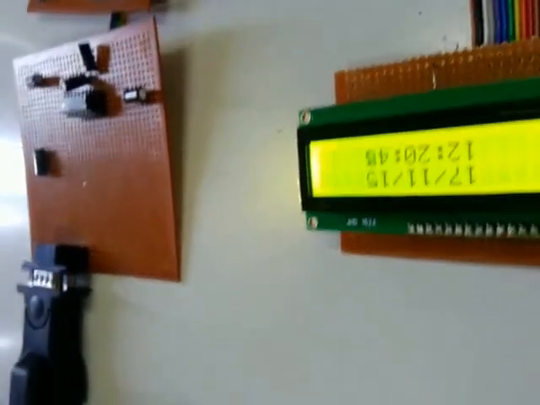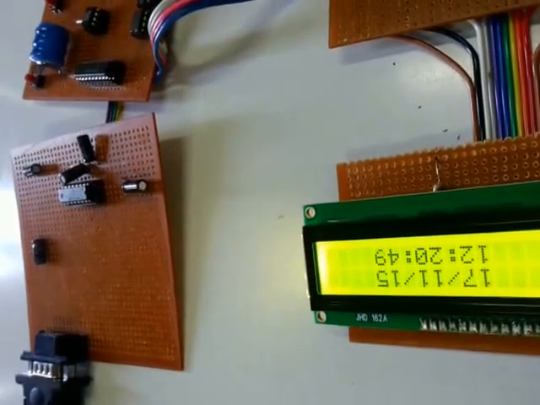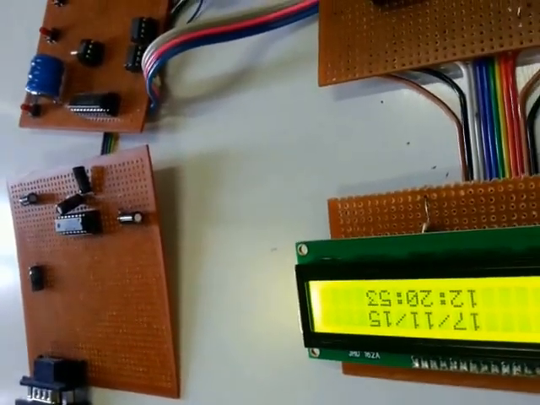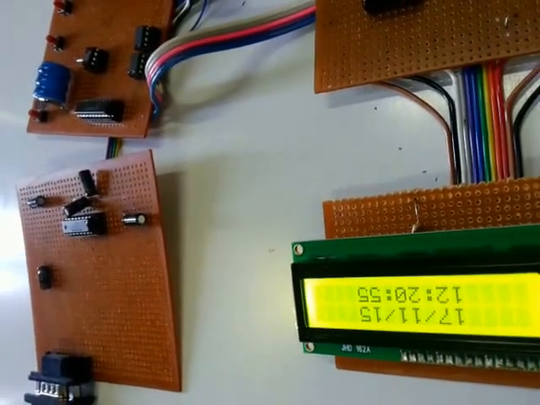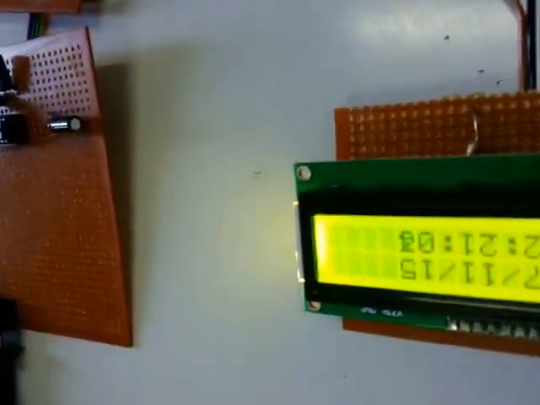Because I haven't taken the seconds, seconds don't matter a lot, only the minutes matter. I'll wait till it comes to 12:21, and obviously the later time will get updated. It's showing 12:20 now, and when I go back here it's 12:21.